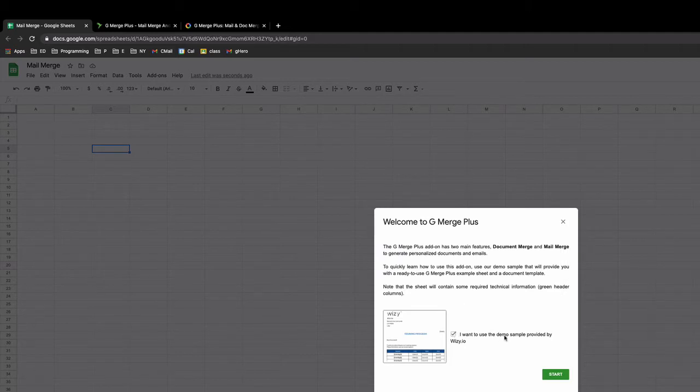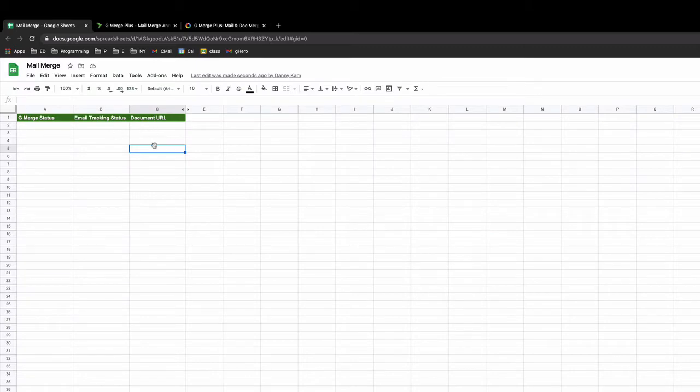You could just click I want to use the demo sample, just for the first time you'd use this, so that you understand how to use it. Actually, let's not use the demo sample and let's just see what happens here. So you can see it up here. It's creating a bunch of things up here. And what you do is